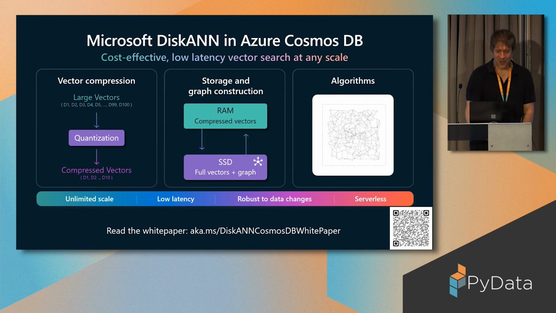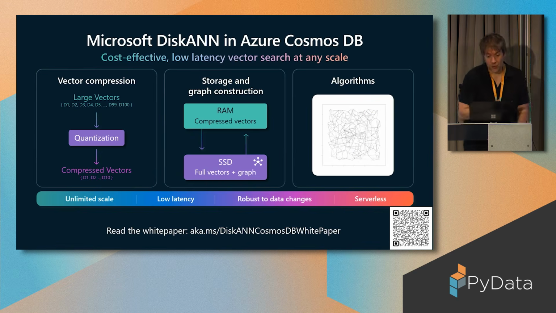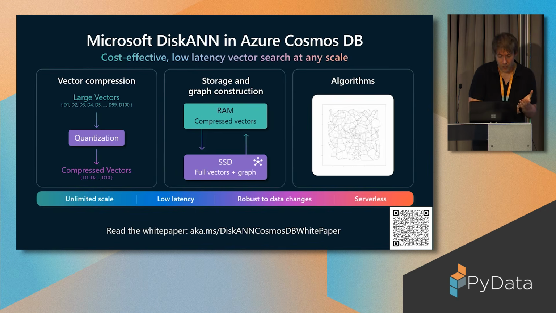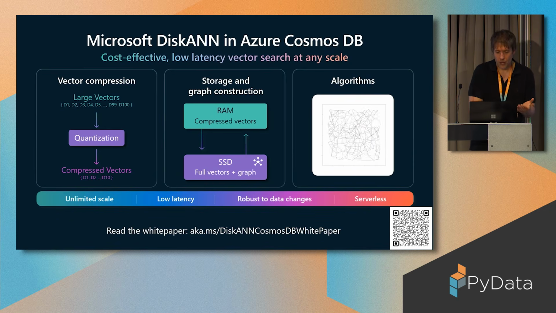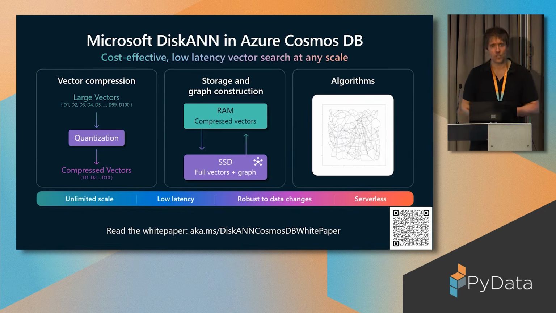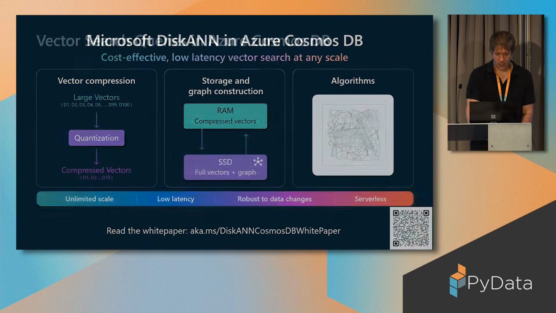15 minutes, okay. Right. So at Microsoft, we have a research-born algorithm called DiskANN for vector searches. This combines quantized vectors in memory with full vectors on SSDs with a graph structure. Long story short, the reason we've done this is to find the sweet spot between latency and recall. Recall being how accurate, how relevant your responses are when you're doing searches. And this is a difficult problem to get right, and DiskANN is very advanced in this respect. And there's a research paper that goes into a lot of detail about that there.